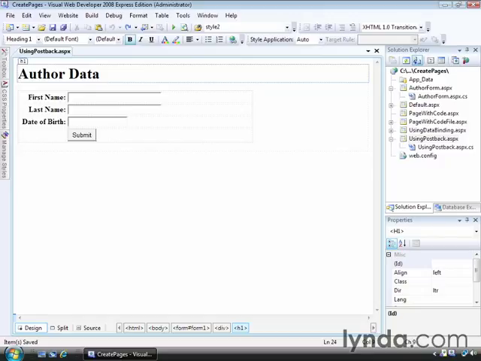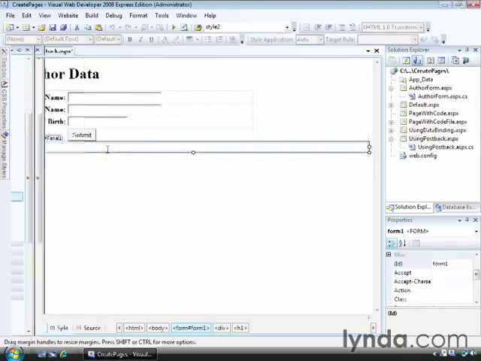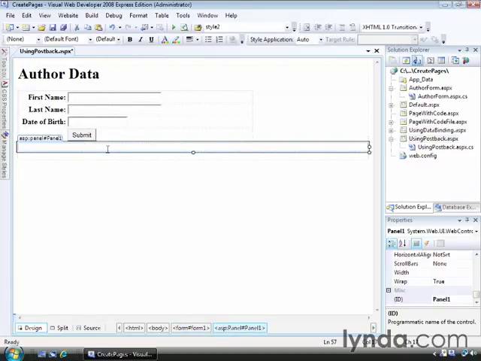I'm going to use 3 additional controls to echo the data that the user types into the text boxes and display that data on the screen when the form is posted. I'll start by creating a panel container. A panel is an ASP.NET Server control that gets translated as a div tag set in the rendered HTML. I'll go to the toolbox, locate the panel, and drag it and place it in the page underneath the HTML